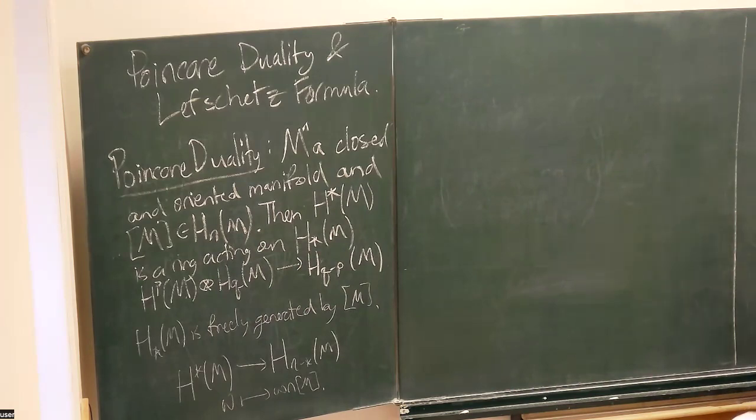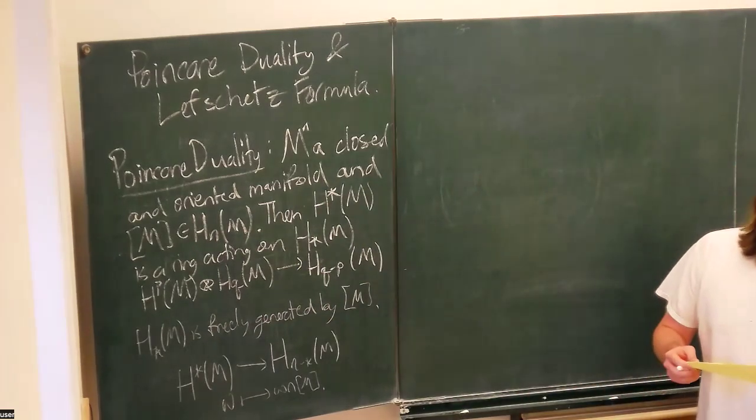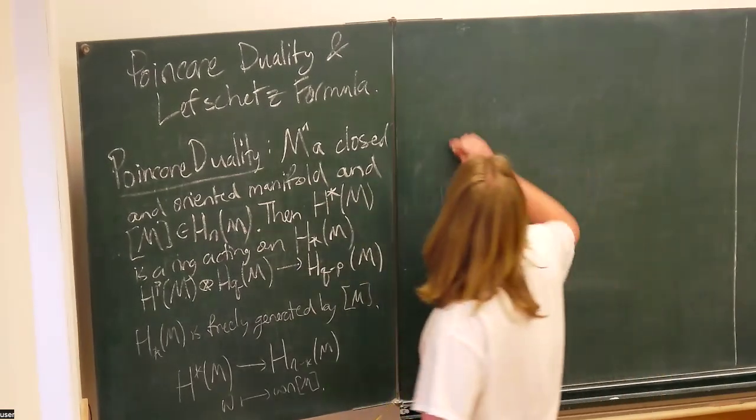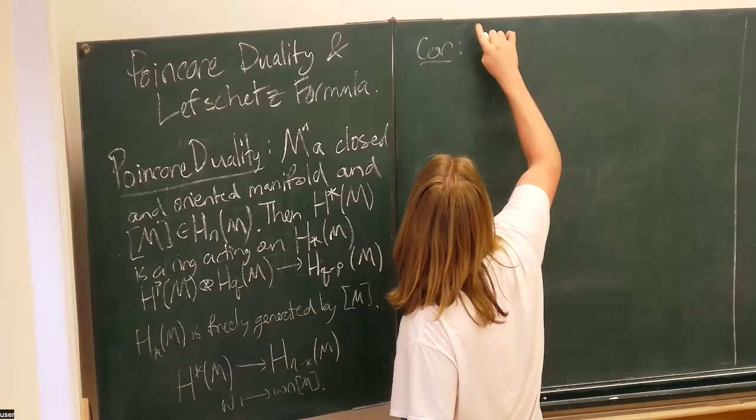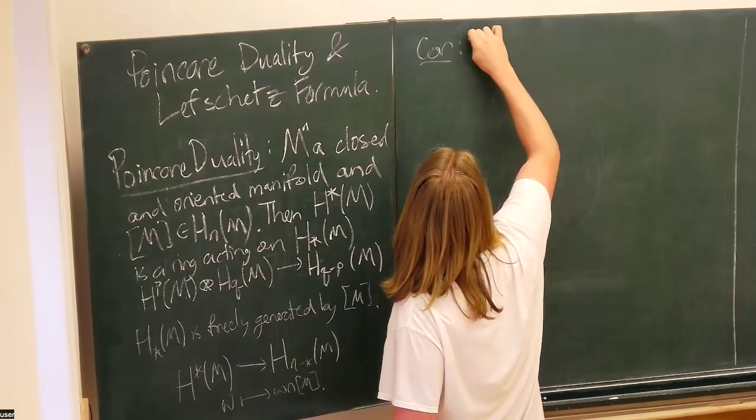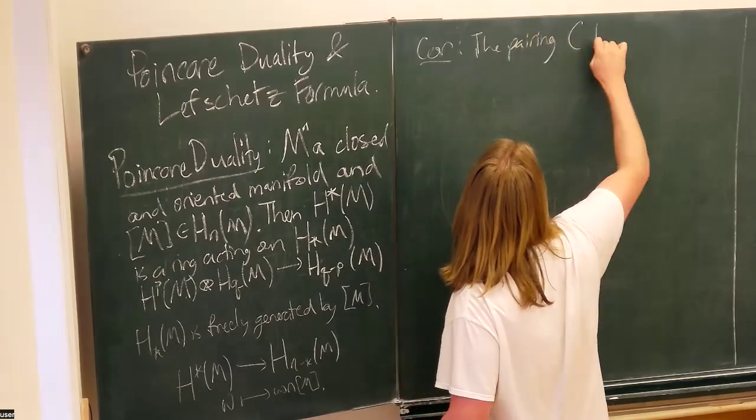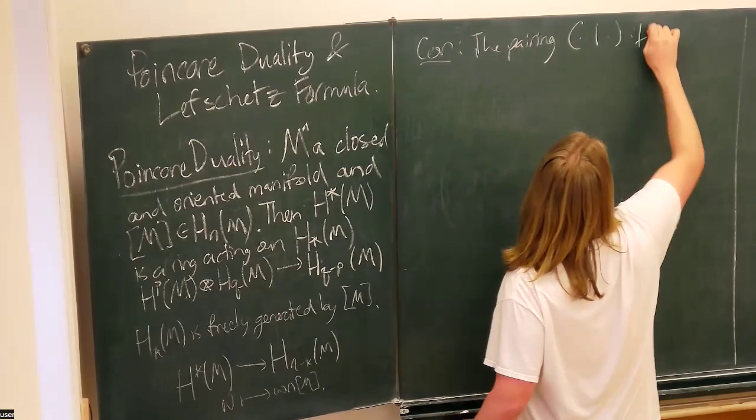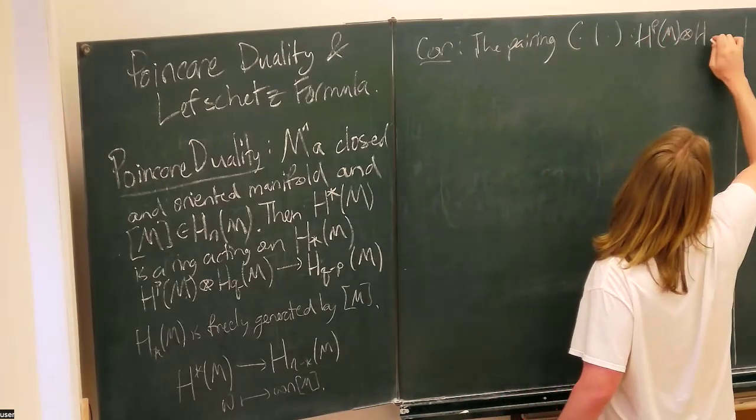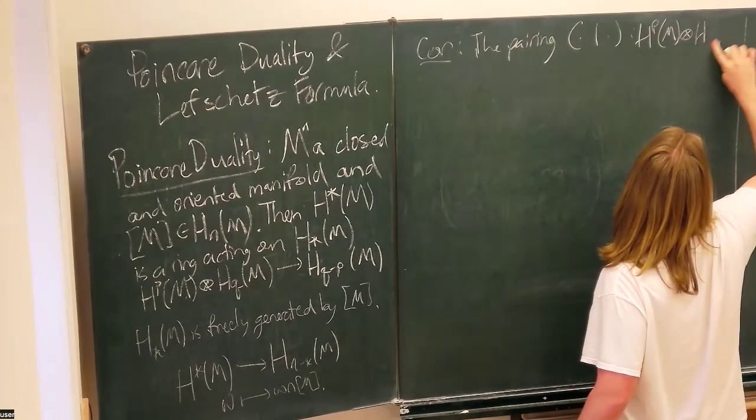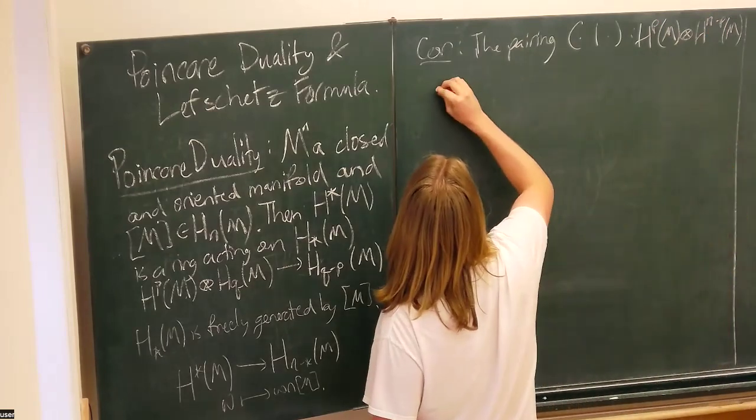So this is not the right one. This is okay. So in particular, we're going to get a perfect pairing, and we're going to do everything rationally now. So I'm just going to assume everything is rational coefficients. A pairing from H p times H n minus p, and this is given by